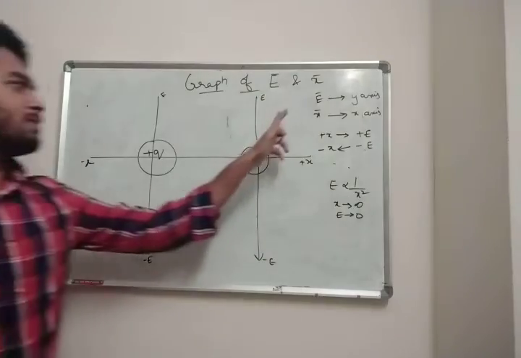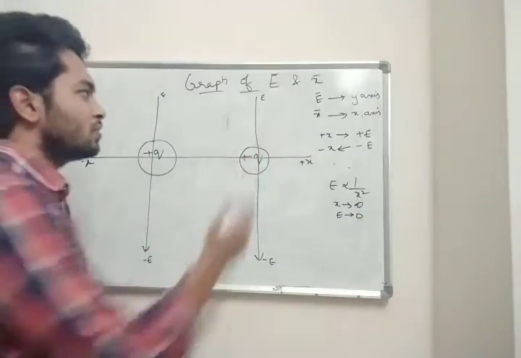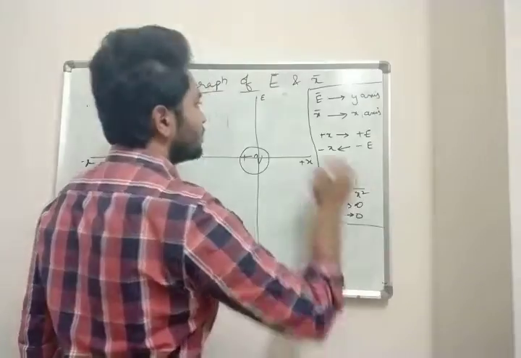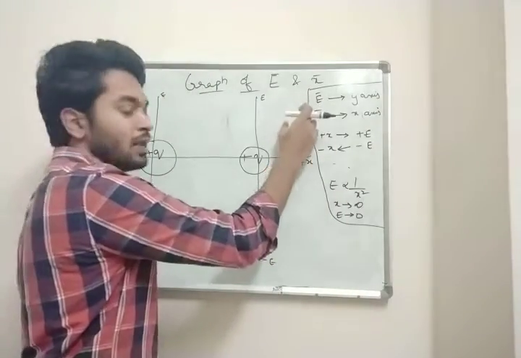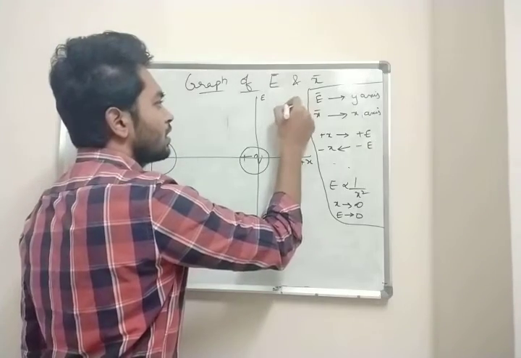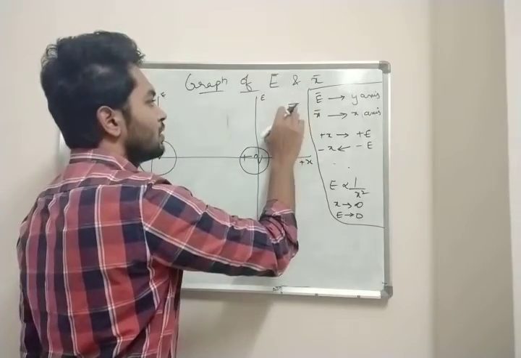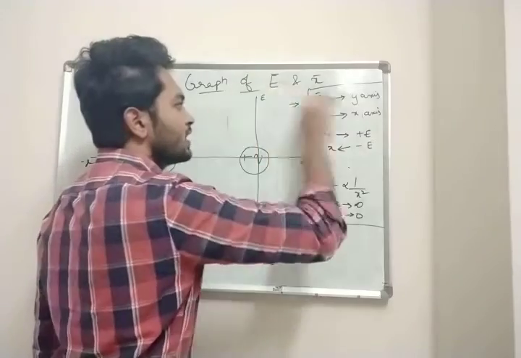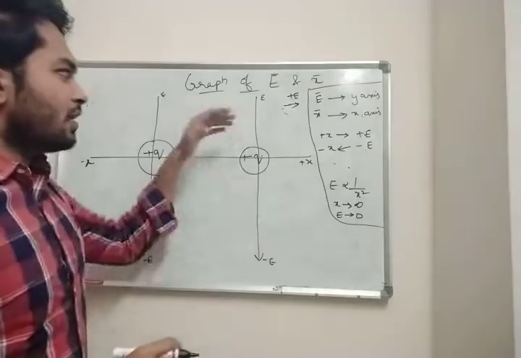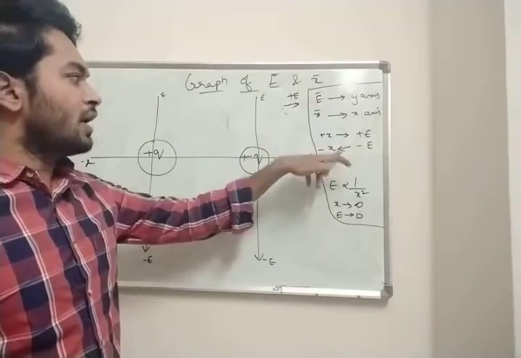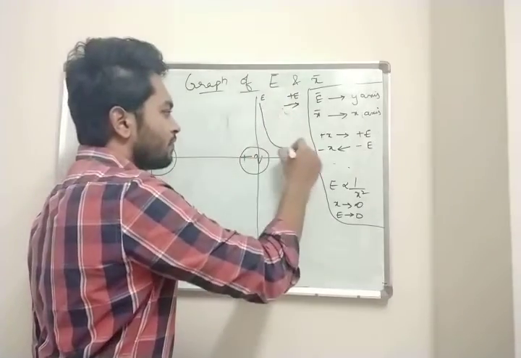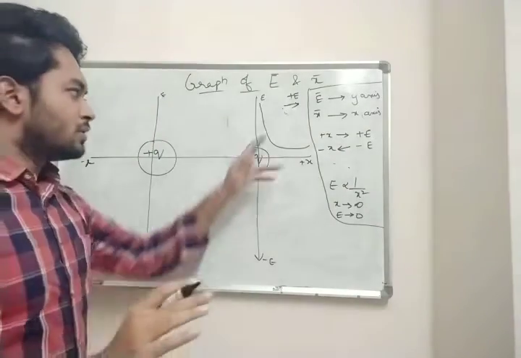Now, if I place a test charge here, it is positive, so the electric field is in this direction. Why? Because it is positive, it gets repelled, so electric field is positive. If I take the right direction, what did we write? Right direction, electric field is positive, so this is your graph. Clear? This is your graph.